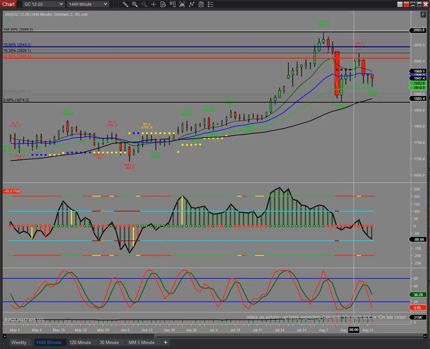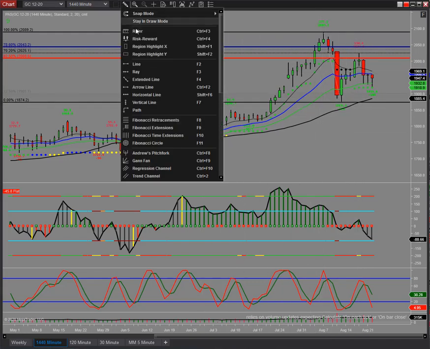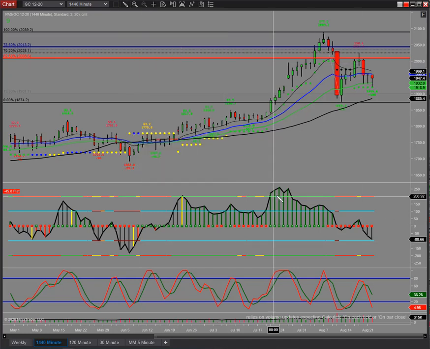CCI divergence, and I'm going to go over some of the posts I did in real time. I tweeted on my Twitter account, and I'll show you how I came up with these levels and these numbers. So the first thing I was looking at is this divergence, and this usually happens after